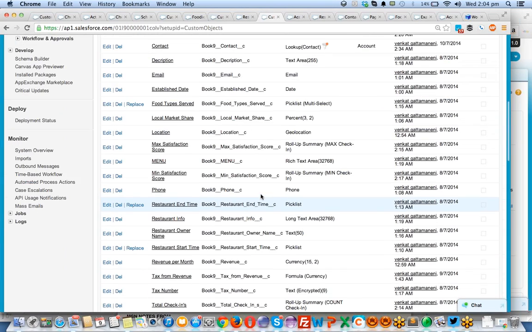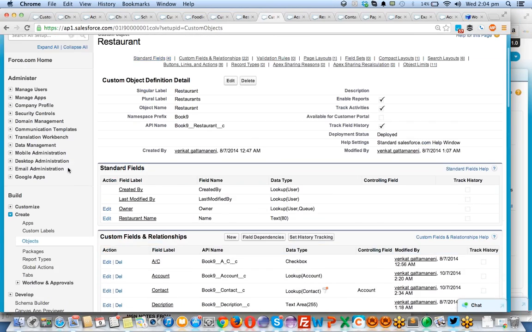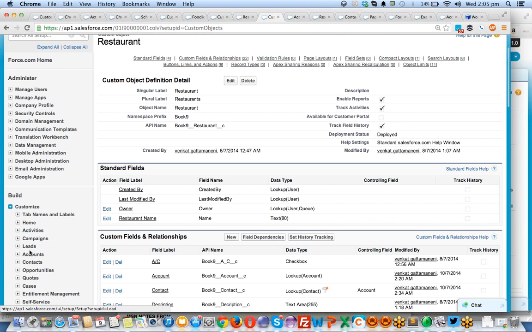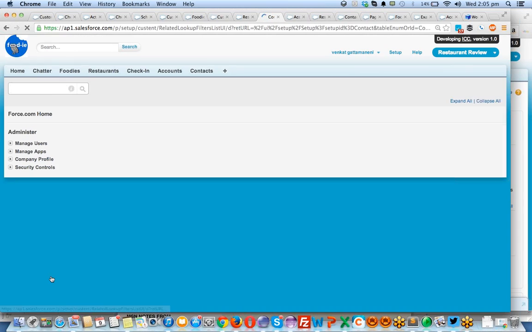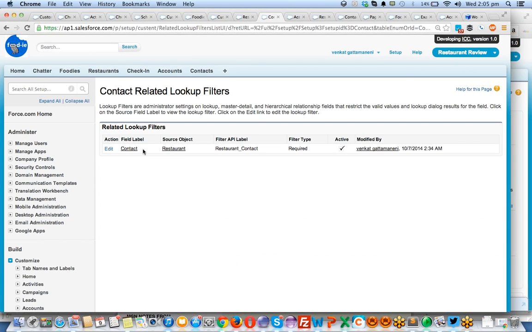Right. And now go back to the contacts, lookup filters. See, it appears here saying this contact lookup filter is on, the source object is the restaurant object, and this is related to it.